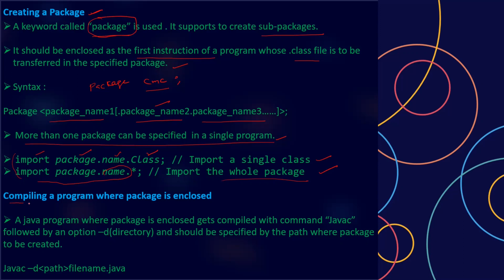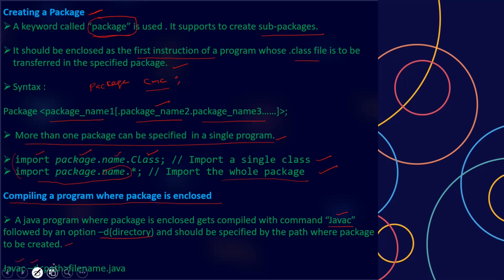The next phase is compiling a program where a package is enclosed. A Java program where a package is enclosed gets compiled with a command called javac, as we do for a normal program as well, followed by -d, that is directory. D stands for directory and should be specified by the path where the package is created. Suppose